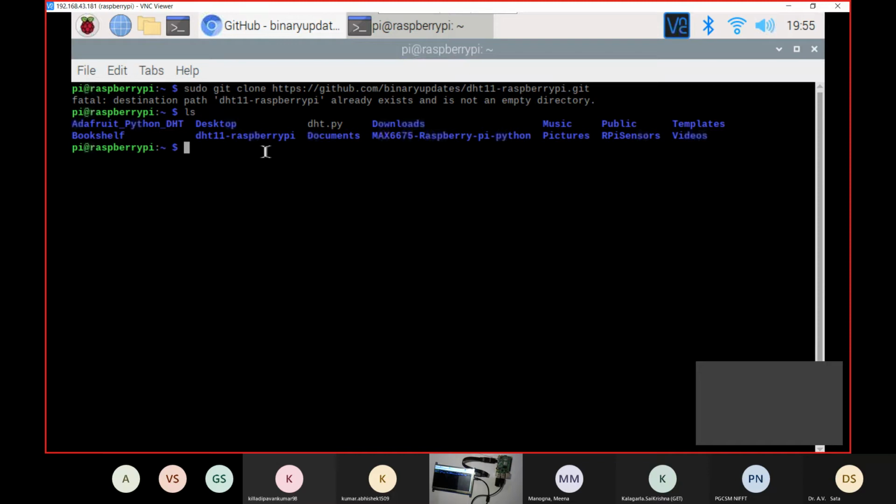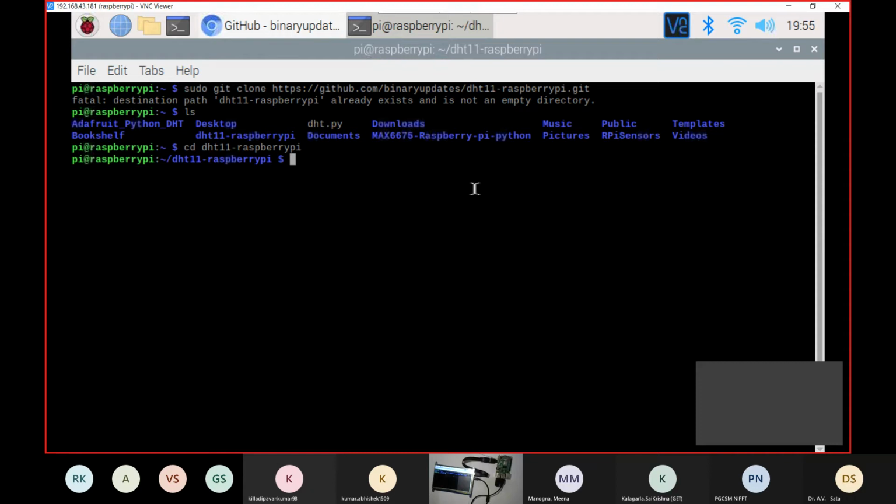To get inside that folder, we have to use the cd function. So cd DHT11 Raspberry Pi, and when we use it, we will be inside this DHT11 Raspberry Pi folder.